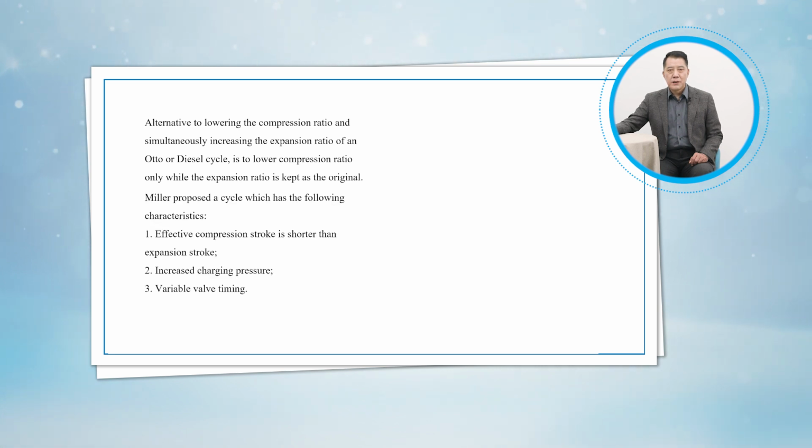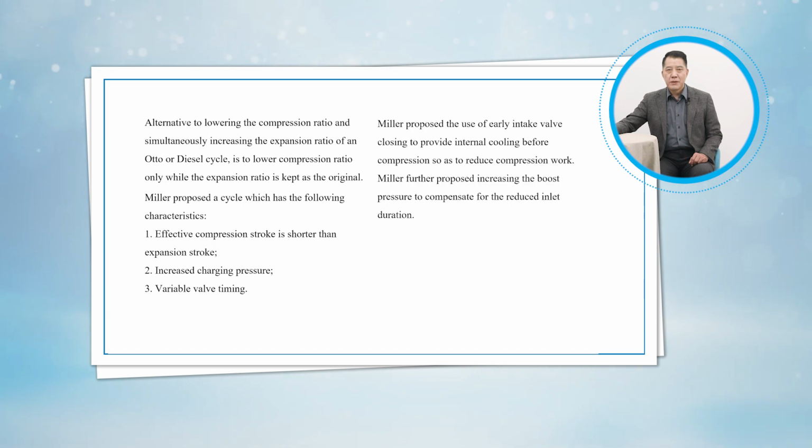Miller proposed a cycle which has the following characteristics. 1. Effective compression stroke is shorter than expansion stroke. 2. Increased charging pressure. 3. Variable valve timing. Miller proposed the use of early intake valve closing to provide internal cooling before compression so as